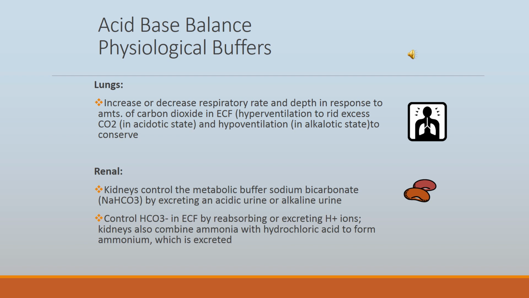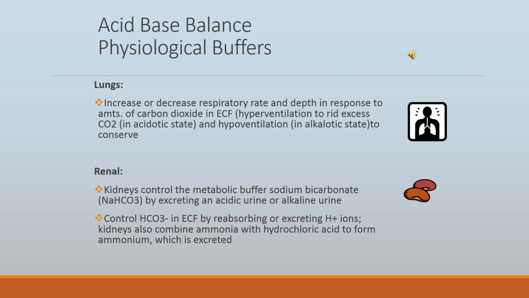Just like when we talked about shock, we said that because the kidneys shut down, we're not reabsorbing sodium bicarb, so that puts us in metabolic acidosis. So this just reinforces this, because an exemplar of metabolic acidosis would be shock. Lungs would be the regulators for the CO2 component. Our lungs help by increasing or decreasing the rate of respiration to regulate the amount of CO2 in our blood. So the physiological buffers for each component are the lungs and the renal ability.